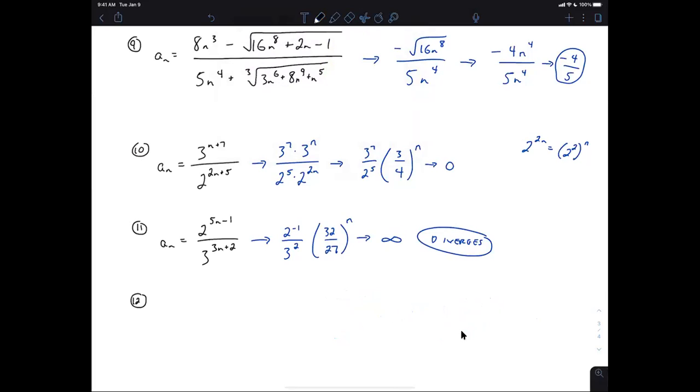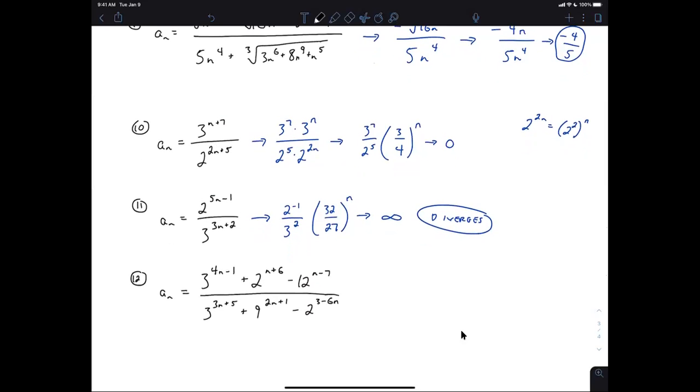Number 12 is going to be this. If I have a_n equals (3 to the 4n minus 1, plus 2 to the n plus 6, minus 12 to the n minus 7) over (3n plus 5, plus 9 to the 2n plus 1, minus 2 to the 3 minus 6n). Okay. So we said,